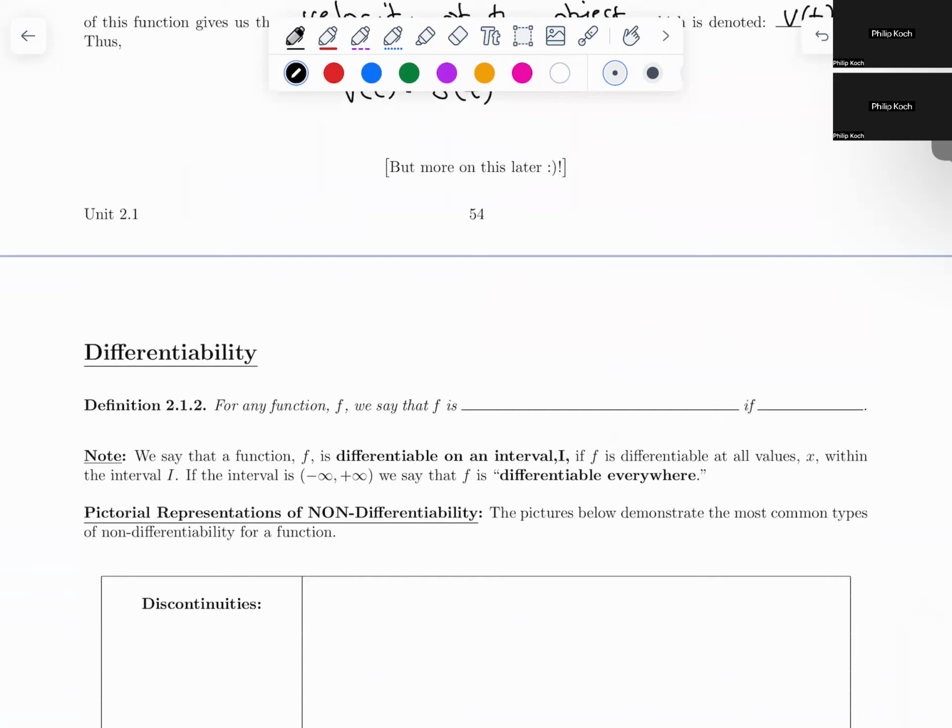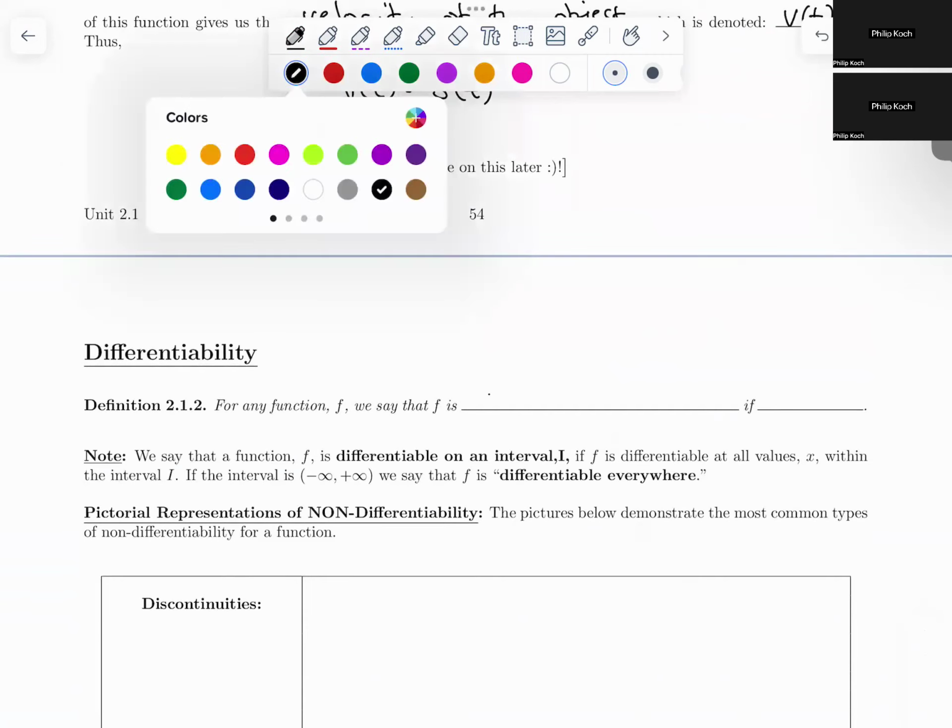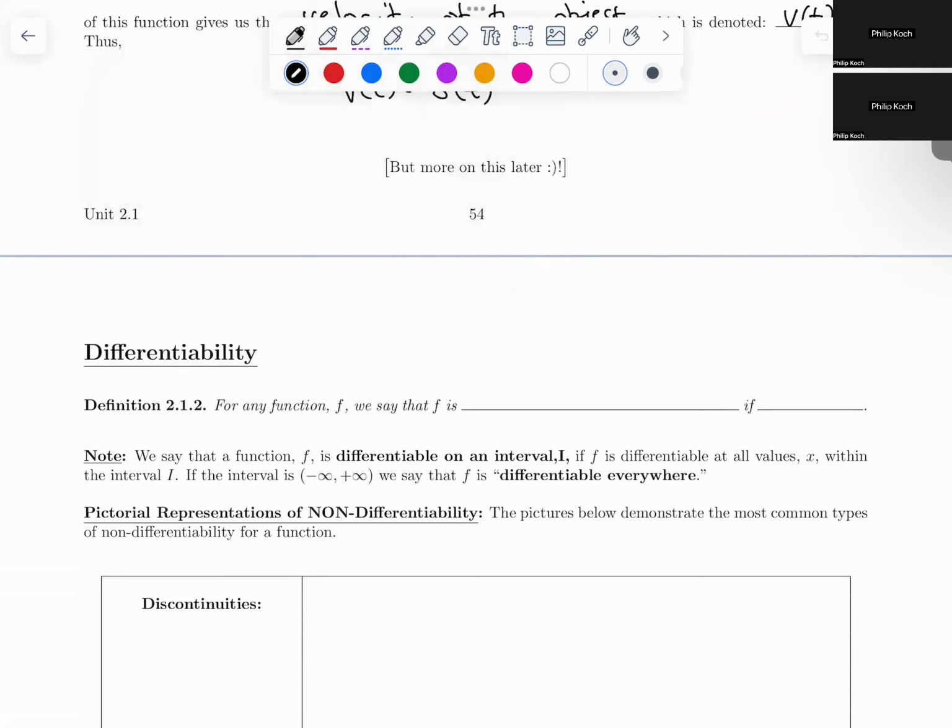So we say that a function f of x is differentiable at x equals a if f prime of a exists. I know I gave you plenty of room to write that, so squeeze it in there. And by the way, the abbreviation for differentiable,